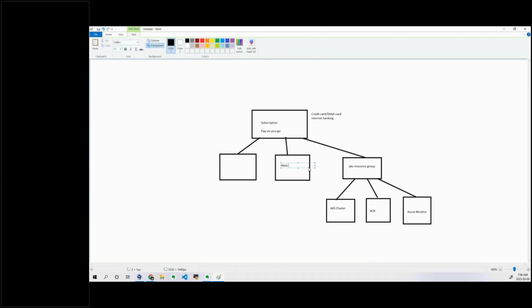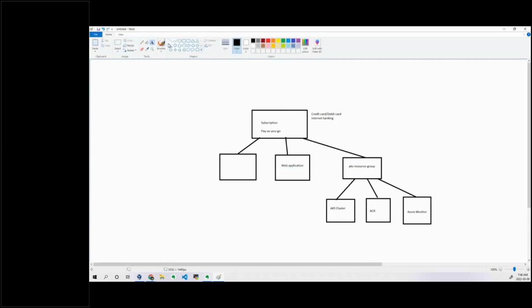I am trying to deploy some web application. I have named a resource group like this, for example. Under this resource group, I will be creating some virtual machine, and I will be creating some network, and then some storage and so on. These are the resources which I will create under this particular resource group. See, why are we creating resource groups? In order to segregate at the application level. So web application related things will come under this particular resource group.